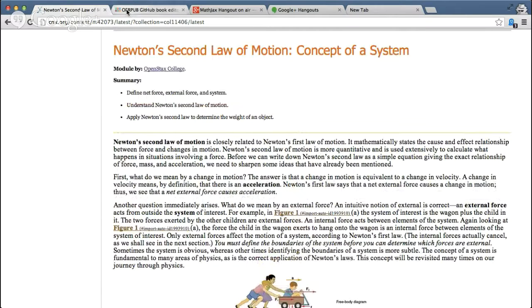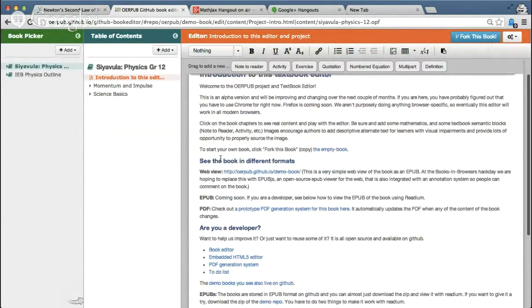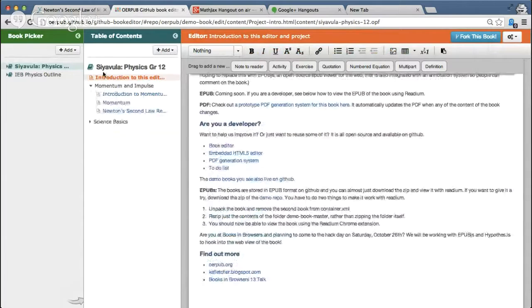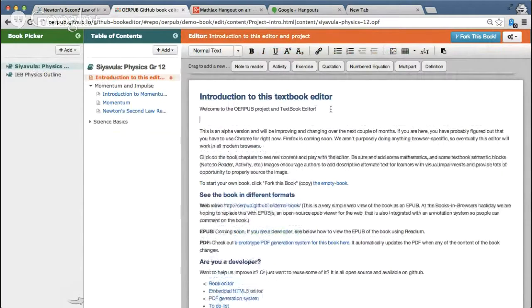And so one thing that we've been working on recently is a newer editor to go through and do more WYSIWYG editing of books. So here's an example of one part of one of our books, and in it you can drag pieces around, move them into other books. I won't do that because I don't want too many things to blow up at once. But inside the editor, you have a canvas where you can type in content, and what I will do is show off some of the examples where we use MathJax in the editor.